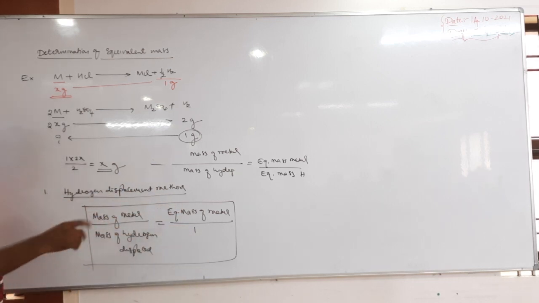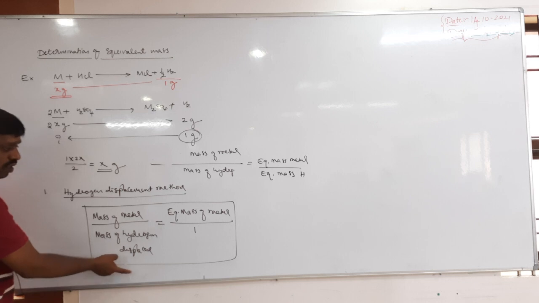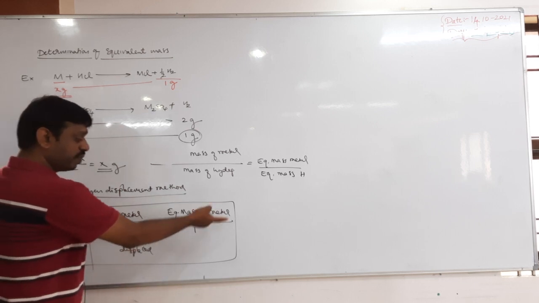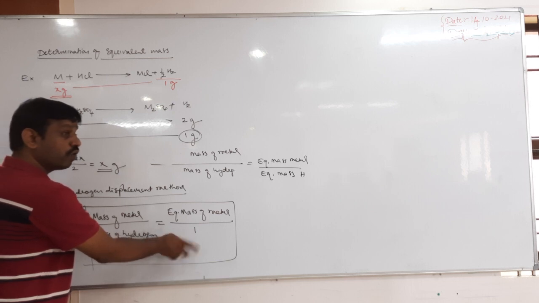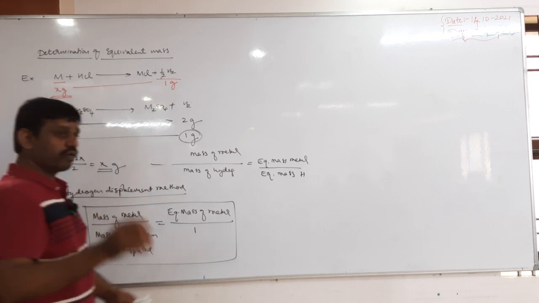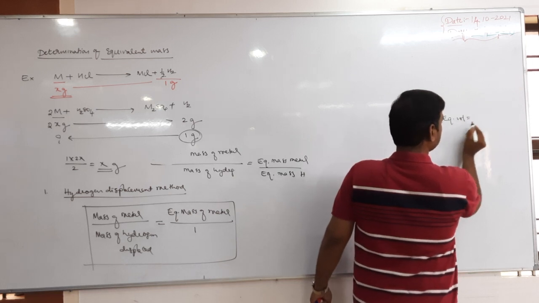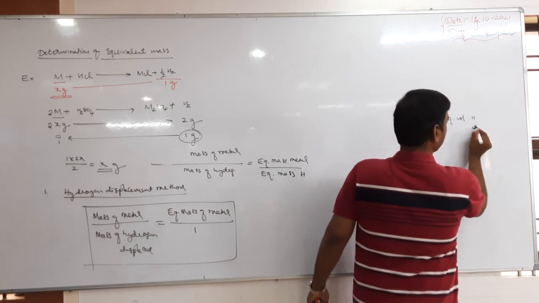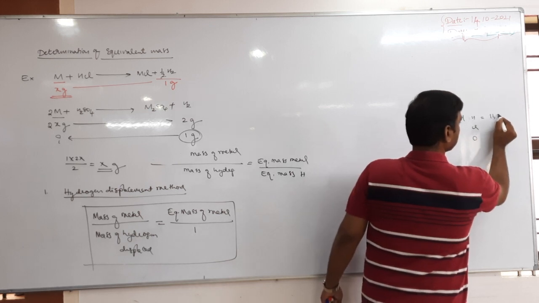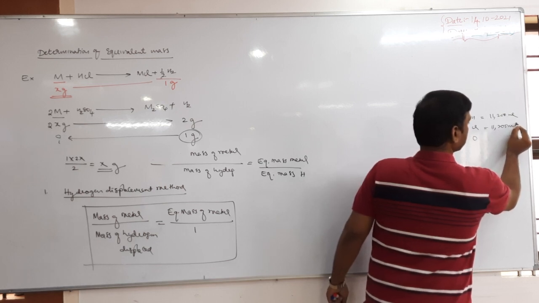Now suppose the volume is given, then what to do? Mass of the metal by, instead of mass of hydrogen, the volume of hydrogen is given. So mass of the metal by volume of hydrogen displaced equals the equivalent mass of the metal by the equivalent volume. What is the equivalent volume of hydrogen? We have studied the equivalent volumes of 3 elements: hydrogen, chlorine, oxygen. Hydrogen is 11,200 ml, chlorine also 11,200, and oxygen is